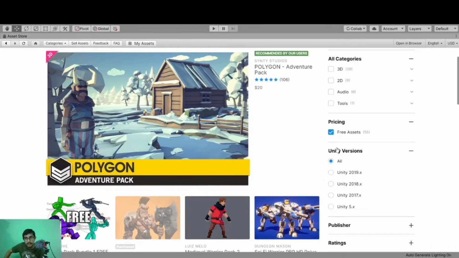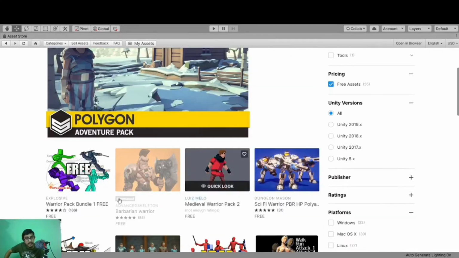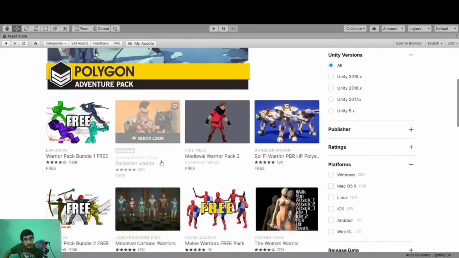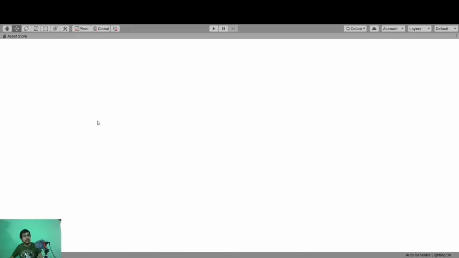So currently I just changed it to free assets, and here we can see this Barbarian model I want to use. Actually you can see the color is faded because I have already downloaded it. So let's see some other model which I have not used before.